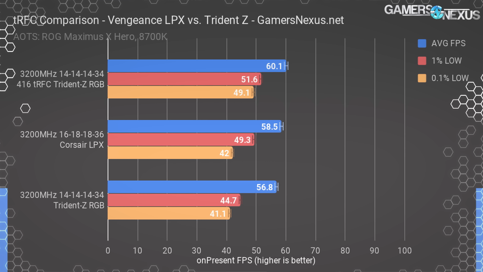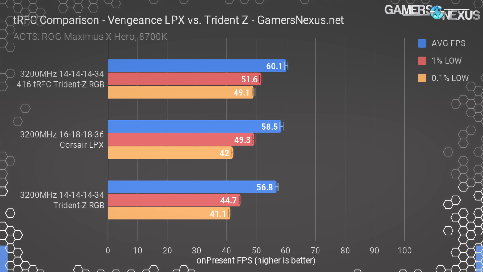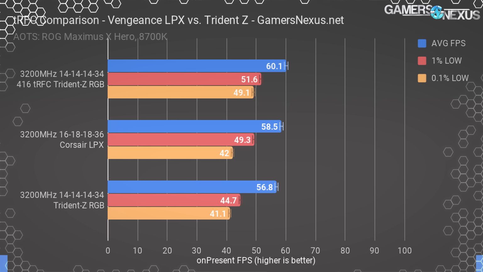This is an extreme case, but it shows both the value of experimenting with subtimings and the frustrations of benchmarking memory. If the ASUS board happened to have a set of optimized timings specifically for this GSkill kit, it would have performed better than the Corsair kit from the get-go, but the ASUS board just didn't have this specific kit optimized. With all that out of the way, it's time to talk about the primary timings that you see listed